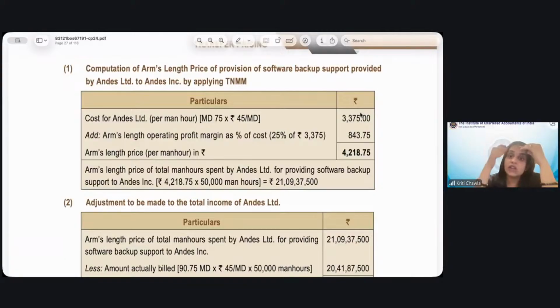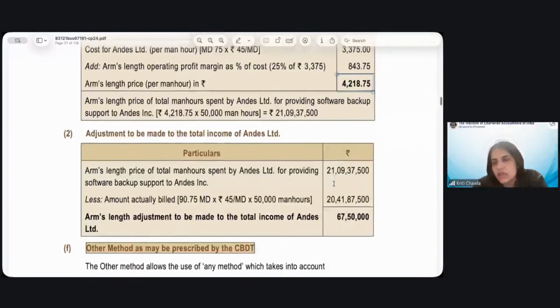Now, you add the operating profit margin at the rate of 25%. 25% is what should have been the arm's length price, what should have been the price out there. So you add the profit margin of 8,743 out there, and then the arm's length price per man hour is this one. Now the total is 21